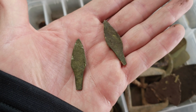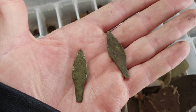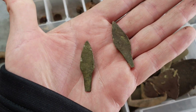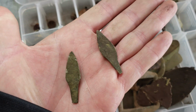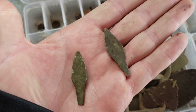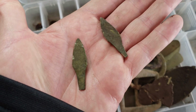I think these could be much older, 400, 500, 600 years old, and they would have come from places the natives had down in the states, the northern states, where they were mining copper and making copper arrowheads. And I believe that's what these are, but that has yet to be determined because I'm not an expert